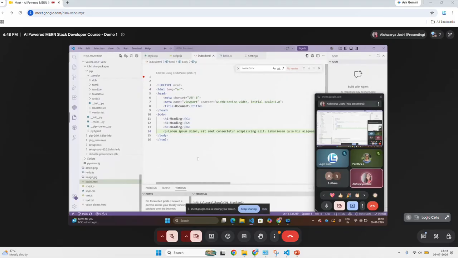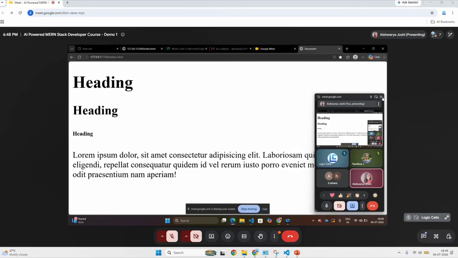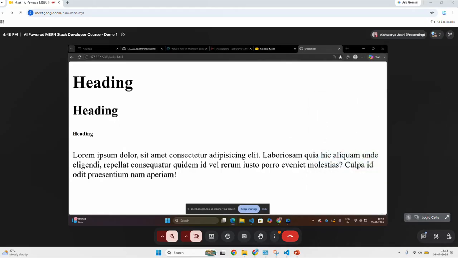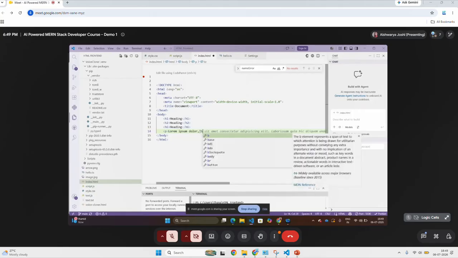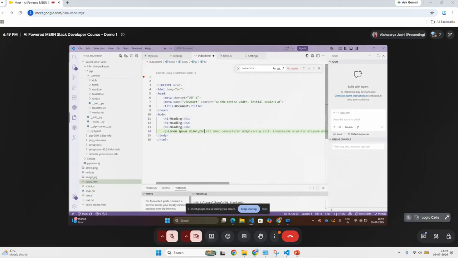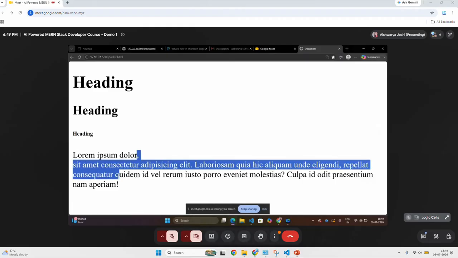So the next tag is, since you can see there is a lot of paragraph written, right? Let's say this looks really messy. So let's say if you want to bring it onto the next line, let's say after the paragraph, you want to bring it onto the next line. So you can simply write the BR tag. Okay, so BR tag is nothing but your break tag. I'll just write it down here. Okay, what does this BR tag do? This will just break your paragraph into the next line.